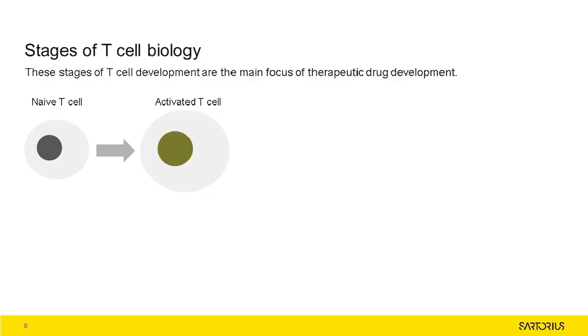Activation occurs through the recognition of an antigen on the surface of antigen-presenting cells, or APCs. The T-cell receptor, or TCR, found on both CD4 and CD8 positive T cells binds to the antigen, which is held in place by a structure on the APC known as the major histocompatibility complex, MHC. This triggers the initial activation of the T cell and causes increased expression of certain surface markers, such as CD69, 25, and HLA-DR, as well as the release of cytokines such as interferon gamma, TNF-alpha, and also interleukin-2.